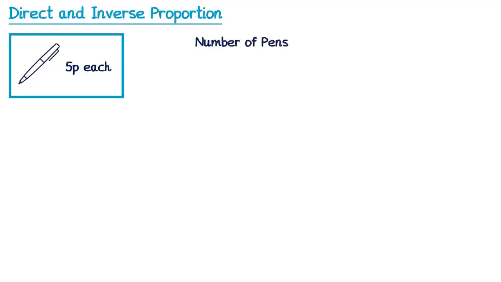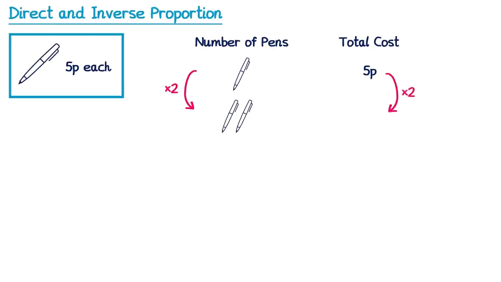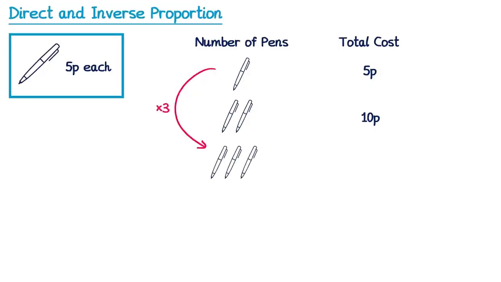Let's look at the number of pens versus the total cost. So if you just bought one pen, that would obviously be 5 pence. If you doubled the number of pens, so to 2 pens, you would need to double the cost. So 5p times 2 is 10p. And if you tripled the number of pens to 3 pens, you would need to triple the cost, so 15